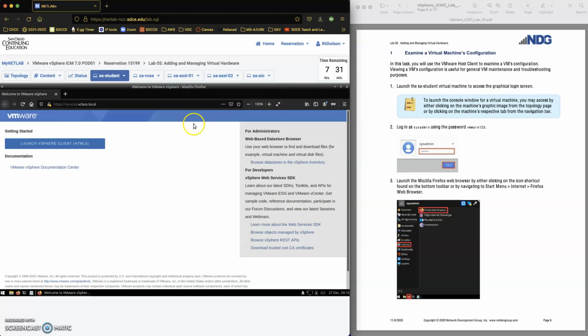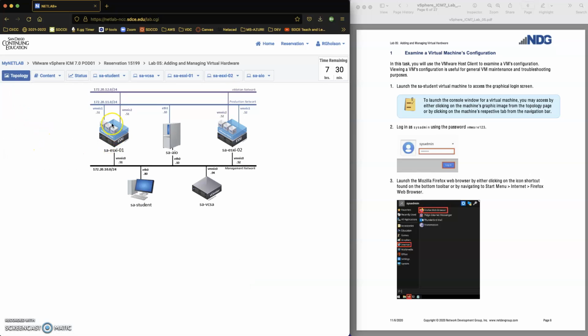So I've already logged on to SA Student, and you can see here that I've opened my web browser, and rather than logging into the vSphere client, I'm going to log into the VMware Host Client. The VMware Host Client is running on the VMware host. Now I have two VMware hosts, so I'm going to log on to this VMware Host Client by its IP address. And so this host is at